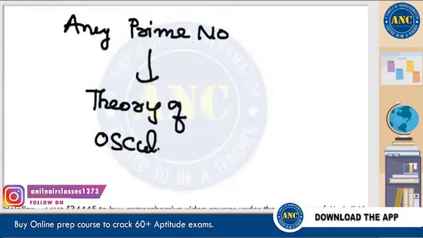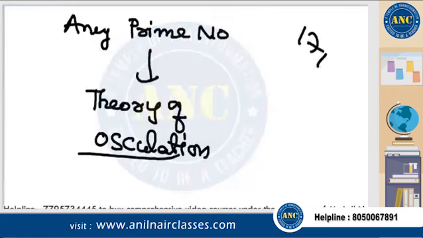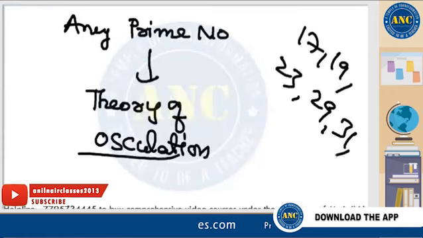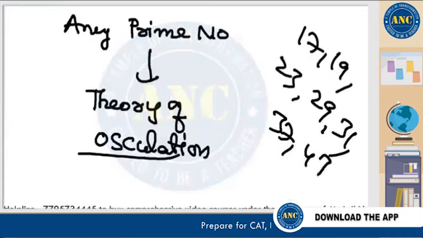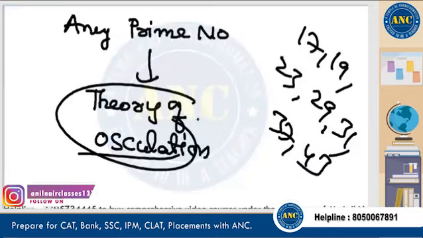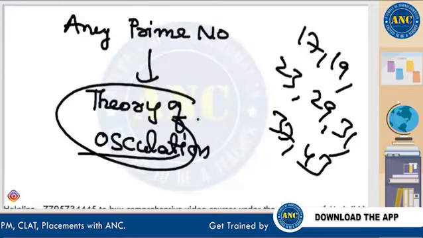So no need to ask whether it is working for 37. You can do it for 17, 19, 23, 29, 31, 37, 43. Any prime number you can do it by using the theory of osculation. Your teacher must have taught you this. If he or she has not taught you this, then